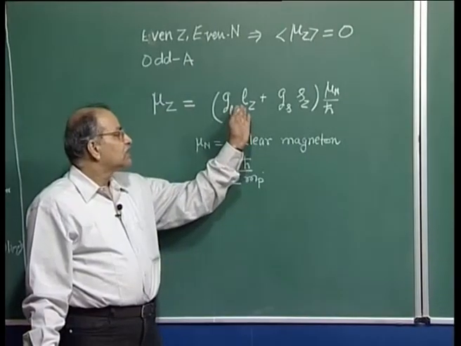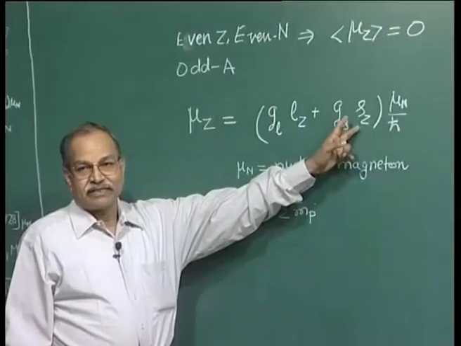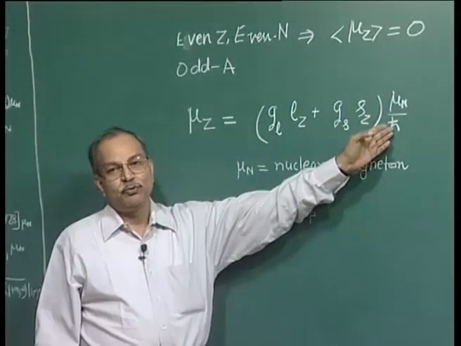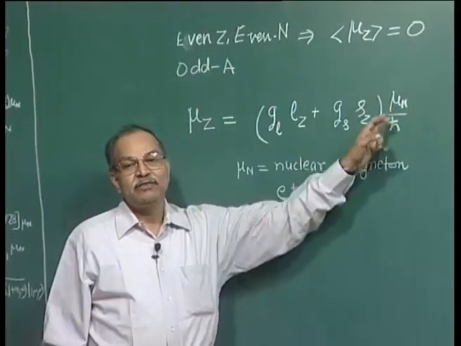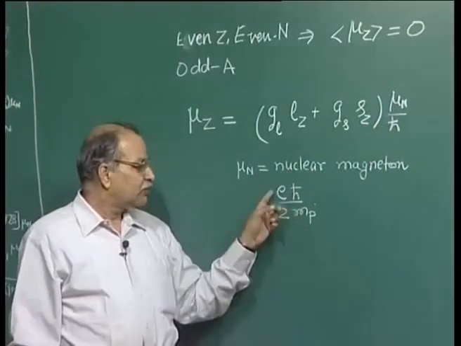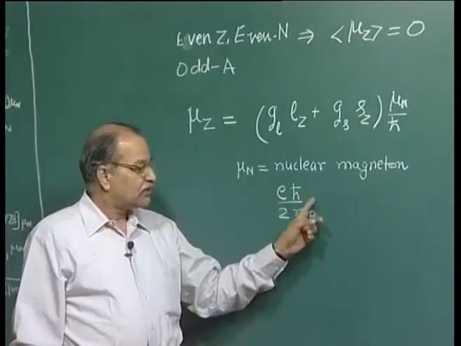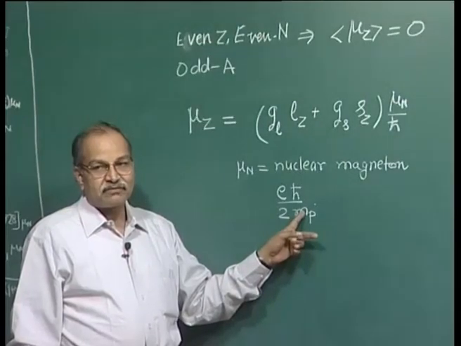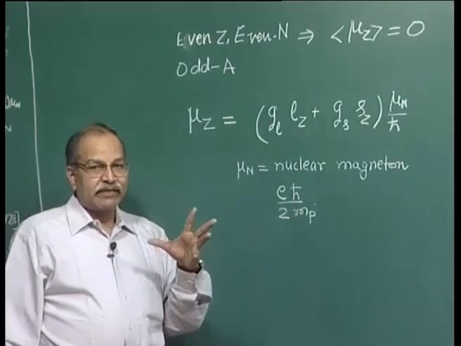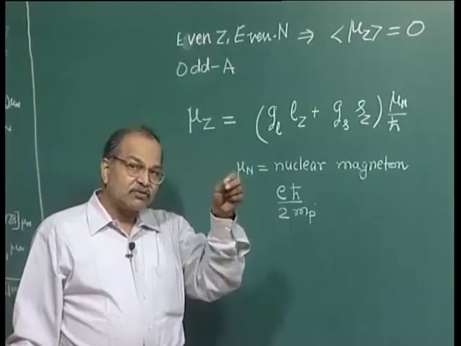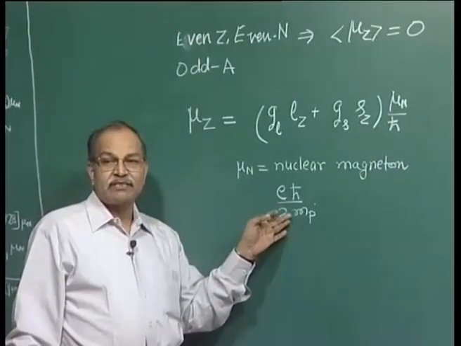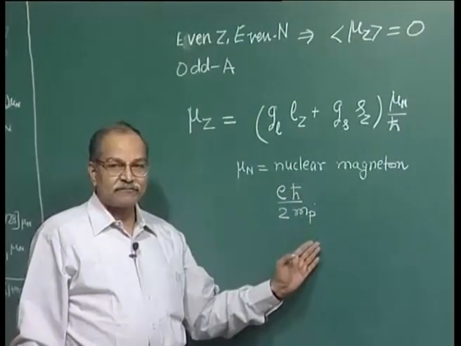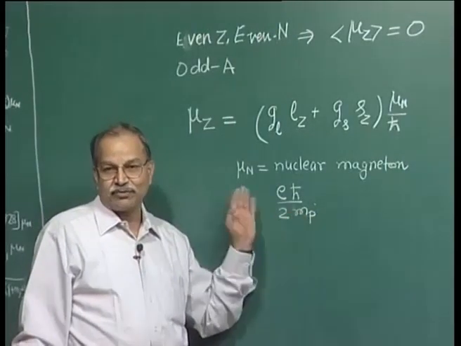The Lz of the electron, the Sz of the electron. There we talk in terms of the Bohr magneton, μB, and that Bohr magneton is defined again by a similar formula, eħ by 2 times the mass of the electron. So, in an atom, magnetic moment comes from the electrons, also from the nucleus, but since nuclear magnetic moment is of the order of the nuclear magneton, which is some 2000 times smaller than the Bohr magneton,